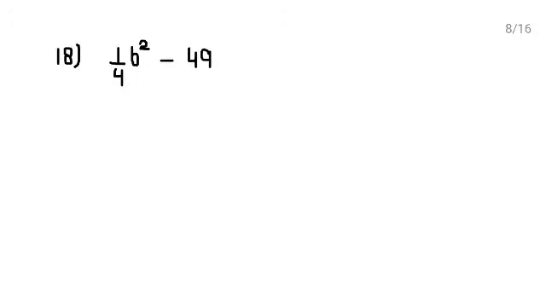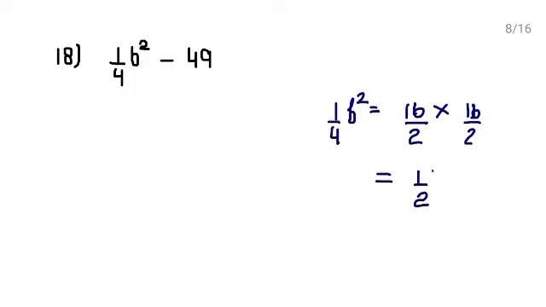Next, question number 18. First of all, write it in the form of difference of squares. So 1 upon 4b square can be written as 1 ones are 1, b multiply b square, 2 multiply 2 is 4. So we can write it as 1 upon 2b whole square. Right. So 1 upon 2b whole square